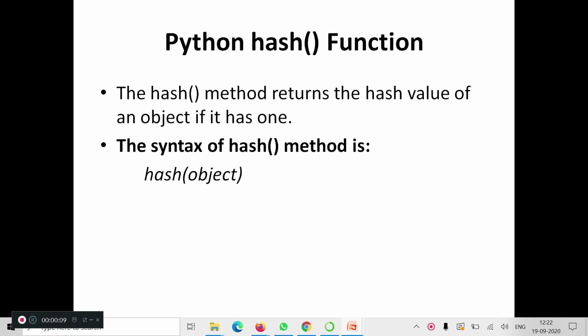In this session, let's start with the Python hash function. The Python hash function is used to get the hash value of an object. Python calculates the hash value by using the hash algorithm. The hash values are integers and used to compare dictionary keys during a dictionary lookup. We can hash only the types which are hashable types